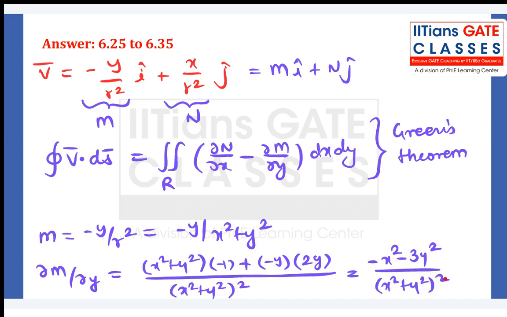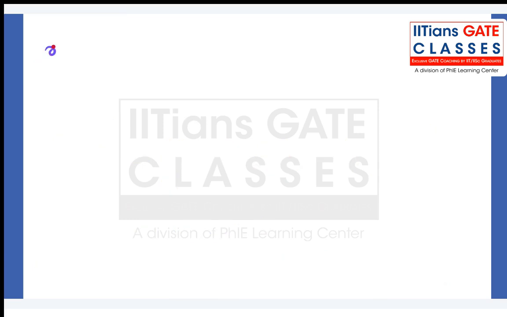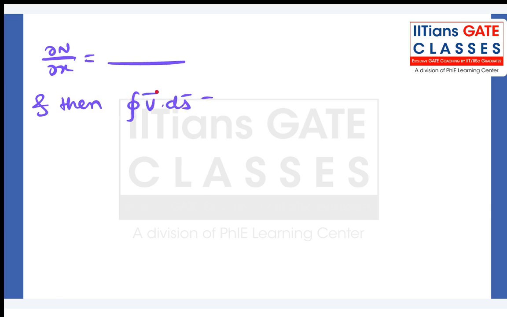And something like that you'll also get for del n by del x, and then you'll evaluate this integral, and then you'll write this v dot ds as some integral of a certain function. Okay, and solve. But the unfortunate part is,